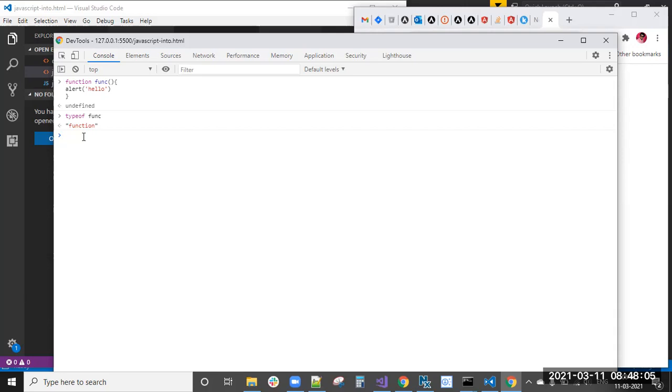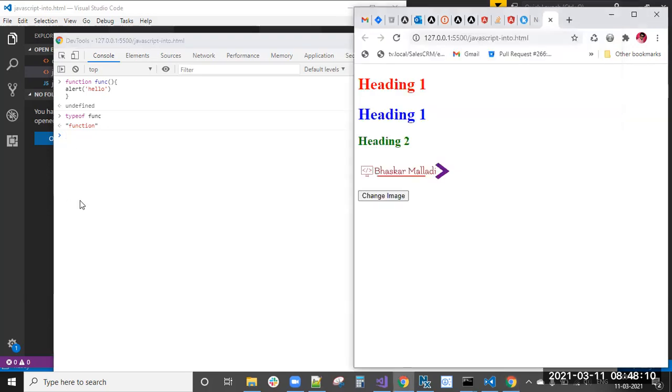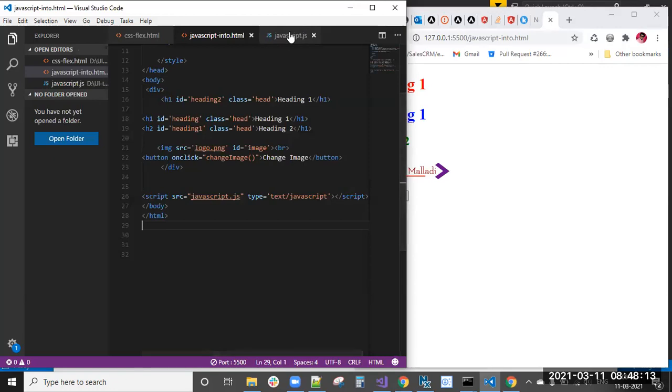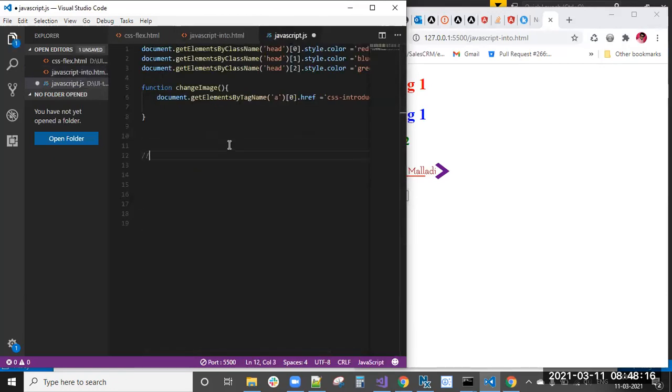After these data types, next we have operators, with different types of operators. Tomorrow we will see three data types in depth: number data type, string data type, as well as boolean data type.